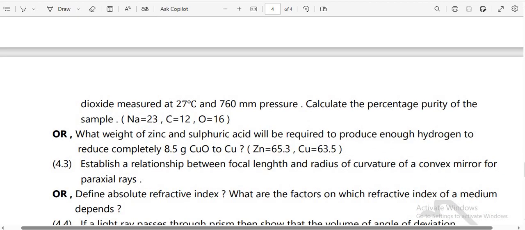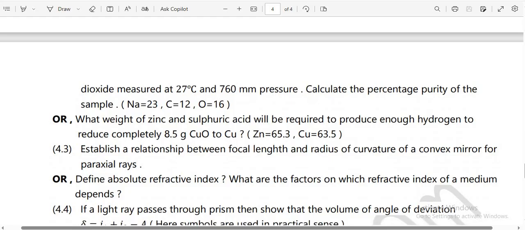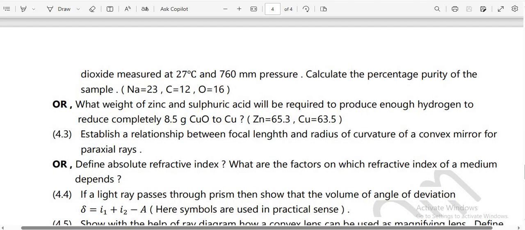4.3 Establish the relationship between focal length and radius of curvature of a convex mirror for paraxial ray. Or